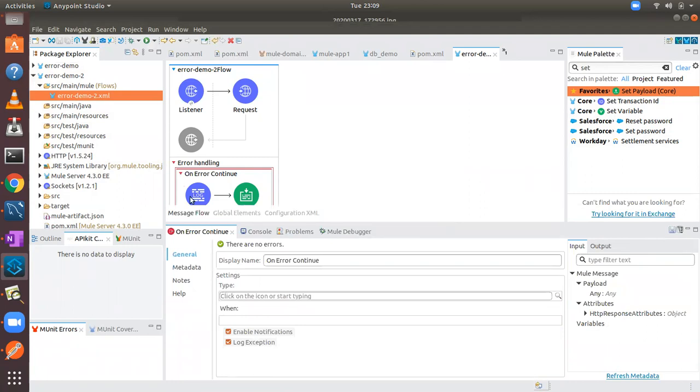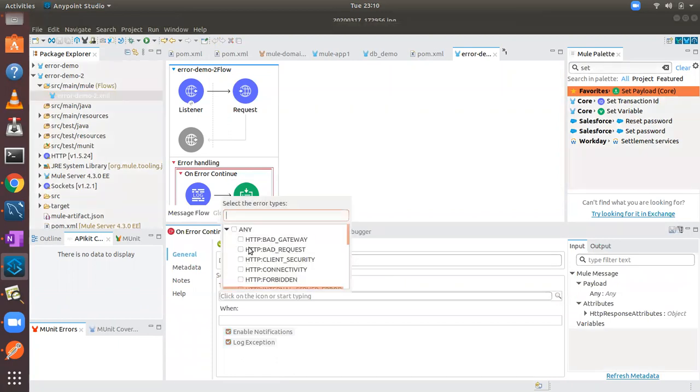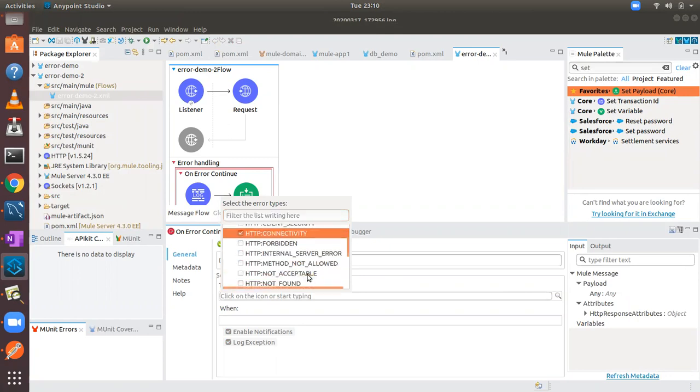For example, I click on this error handler scope block, and here I need to configure what the scope is going to handle. If it is handling HTTP errors, then what to do? Go over here. HTTP connectivity and not found, maybe these two.